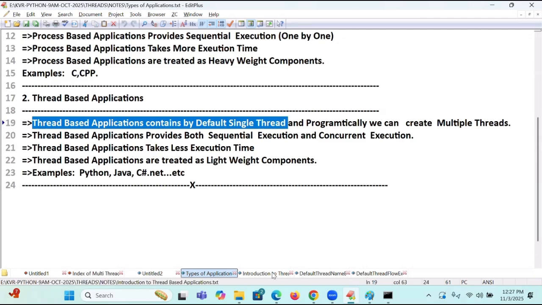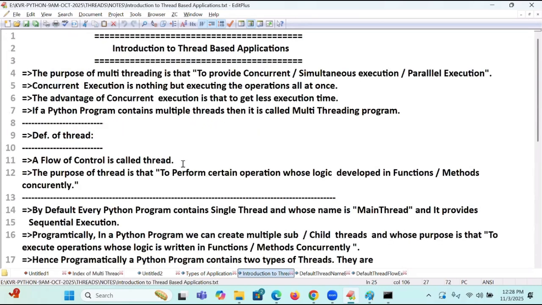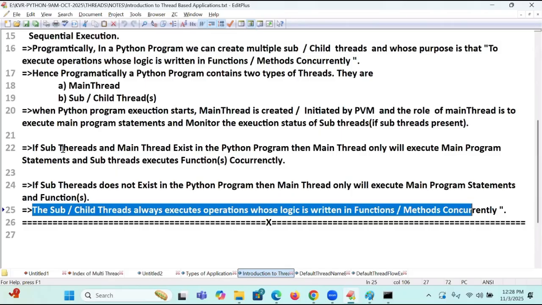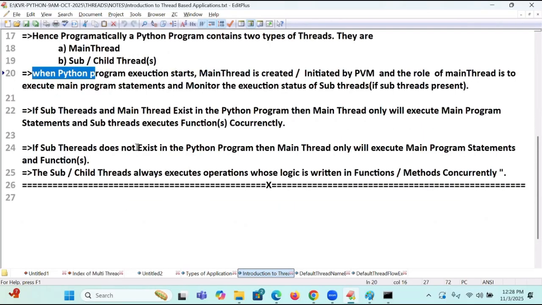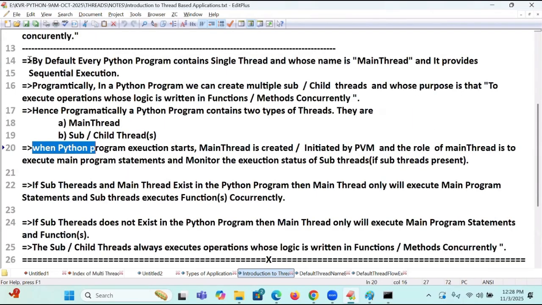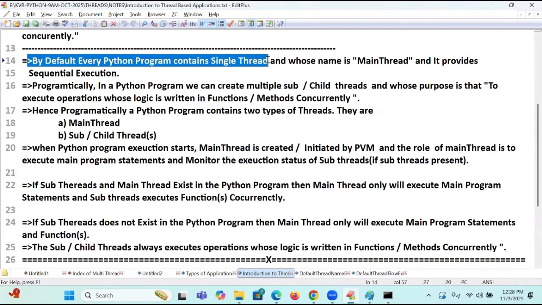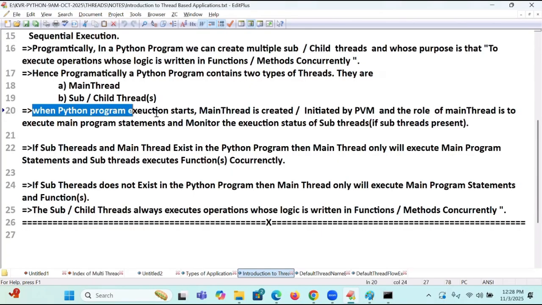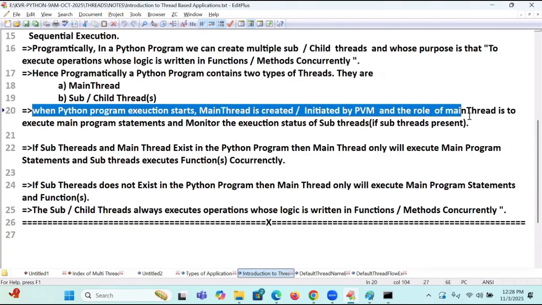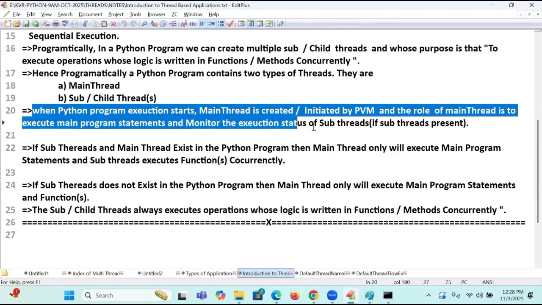So when the program contains, here I am going to write: by default there exists a single thread whose name is main thread. It provides sequential execution. When the program's execution starts, the main thread is initiated by PVM, and its role is to execute the main program statements and monitor the execution status of subthreads, if subthreads are present.